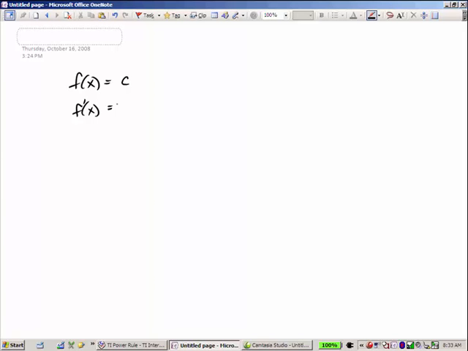Should we draw the function? Yeah. All right, so what does a constant function look like? Horizontal line? Right? Okay, I'll go with that. Slope 0. All right. What about if we have